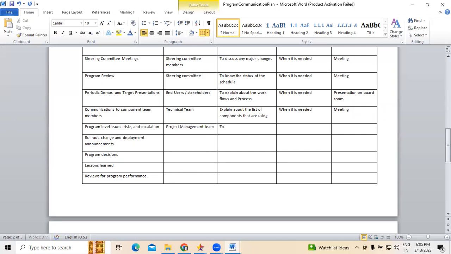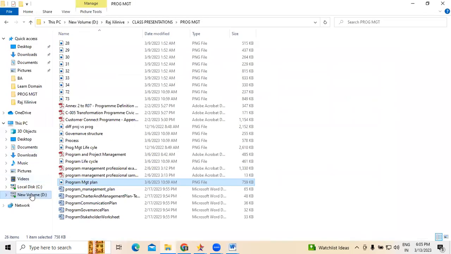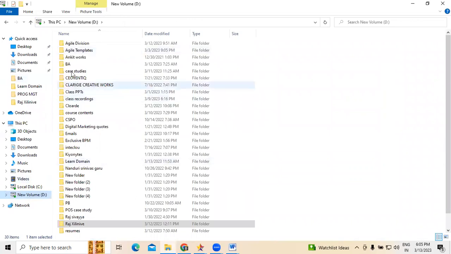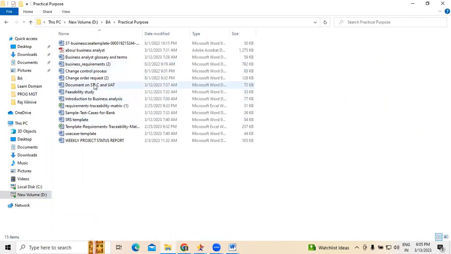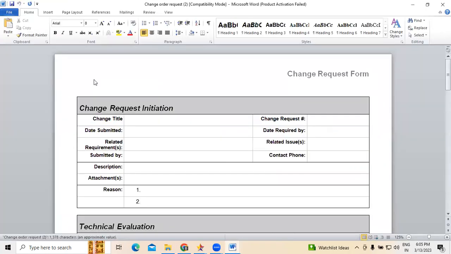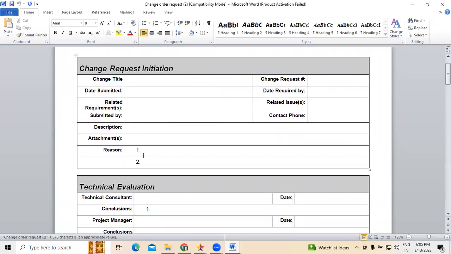So do you keep the scope of the meeting specific to what you want to talk about? For example, if there's a change order and there's a review, we don't go into the change order until the request has a different form altogether. You have a change order request as a different form. This is what generally the change order request form is, this is what we generally use.